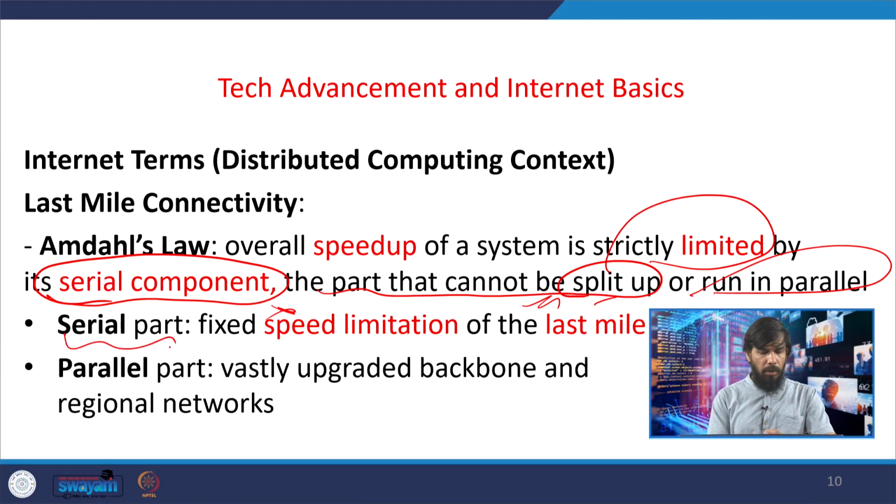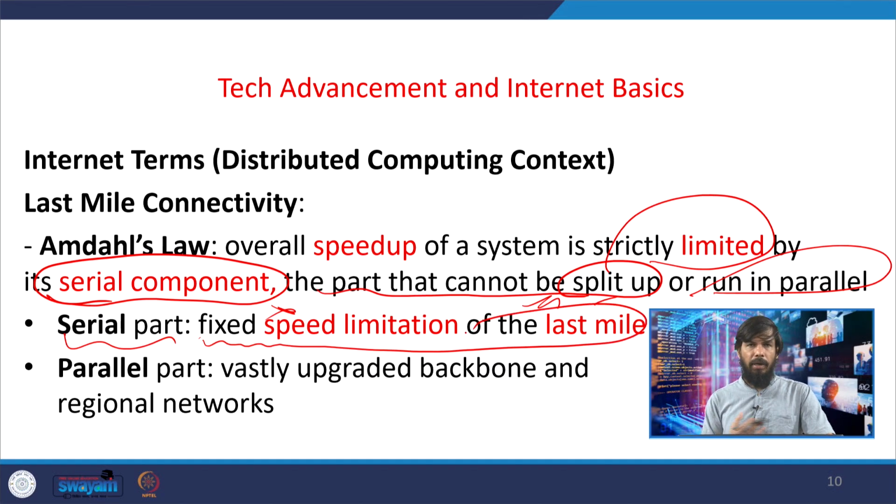So, the serial part in the case of the internet and last mile connectivity is the fixed speed limitation of the last mile, right. The last mile connectivity is like a fixed speed scenario facing a speed limitation. The other parts of the network, the main internet backbone, the fiber optic lines on land or ocean floor, might be much faster, but the last mile connectivity gives the limitation in terms of speed. So, that becomes the serial part, and the parallel part, as I said, is the vastly upgraded backbone